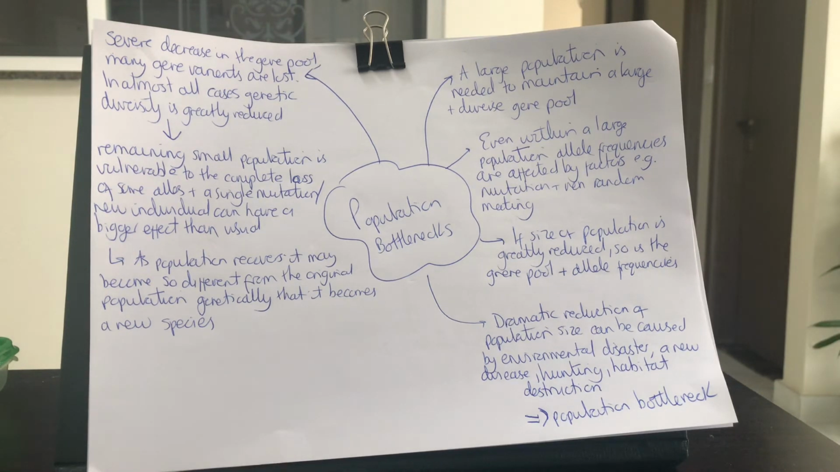In larger populations, the impact of that mutation can be minimised. So once you've had this population bottleneck occurring, our population is really vulnerable to some alleles being completely lost, and mutations in new individuals can have a bigger effect than usual. So as your population then starts to recover, starts to increase in numbers again after this catastrophic